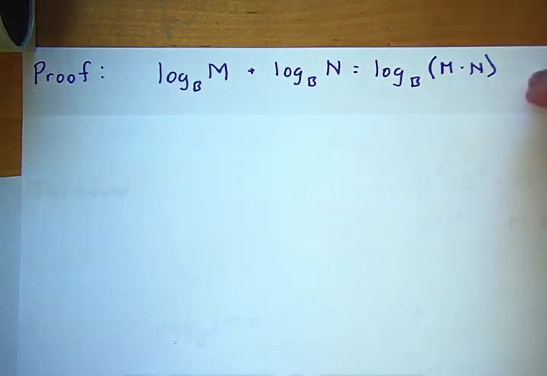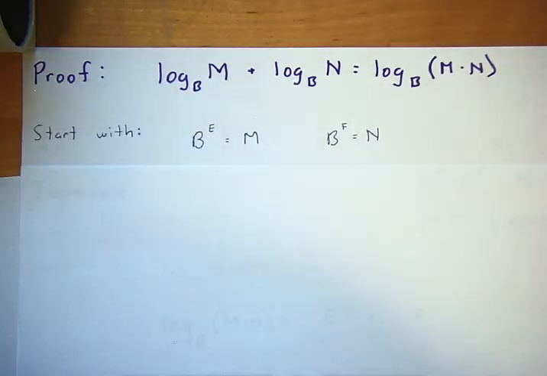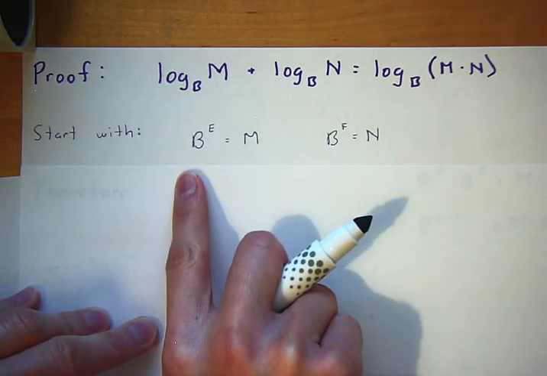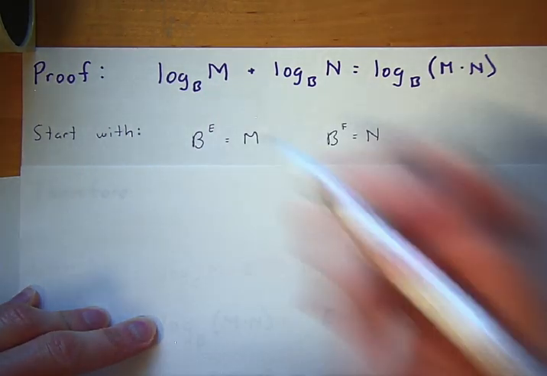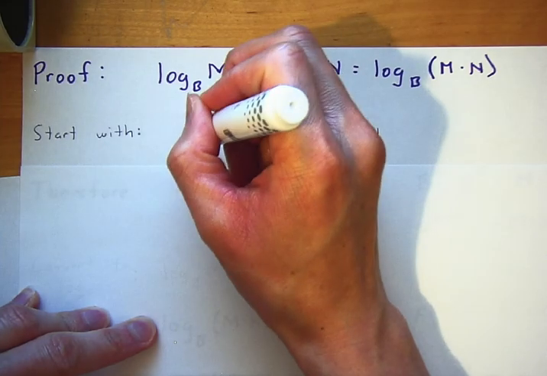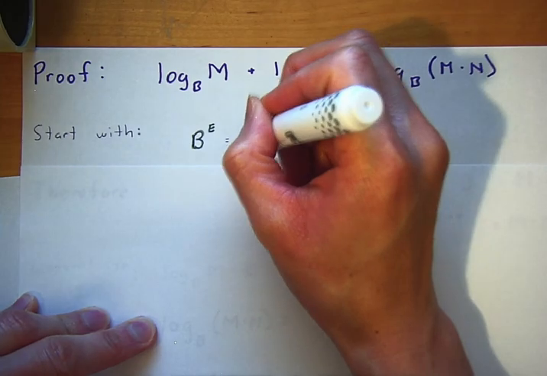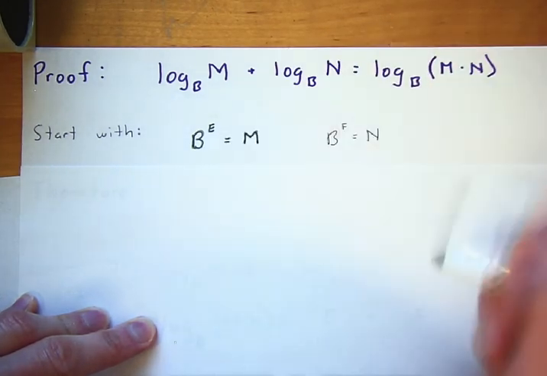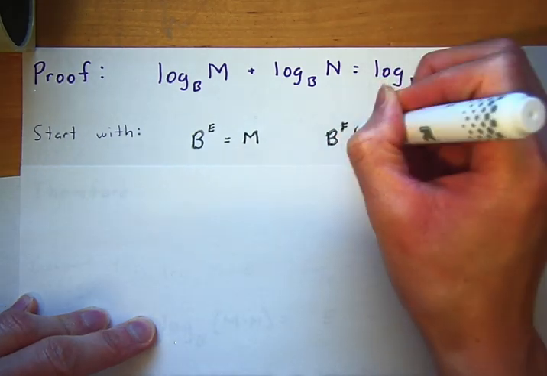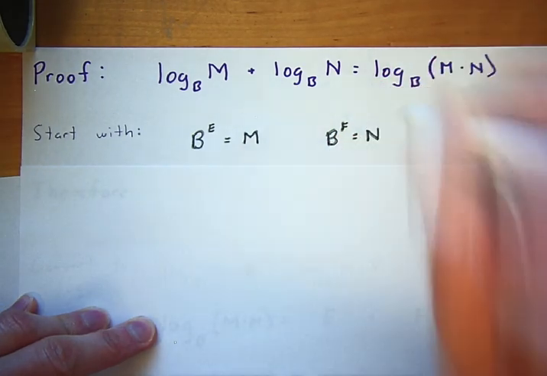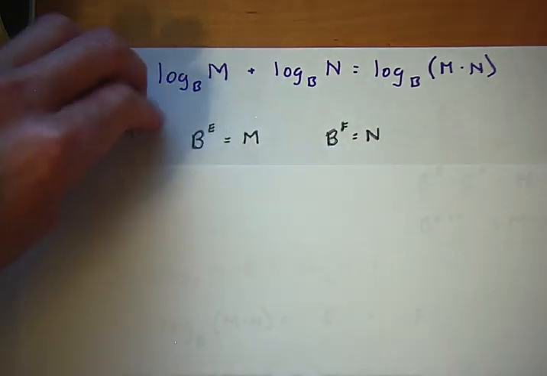Okay, and to start off, let's say that we have, here all the letters are just numbers. So b, m, n, they're all just numbers. So if you have some number b to exponent e is equal to m, and let's say you have that same base, but to some other number f, we're going to say that's equal to some number n. Okay, so starting with that, we're going to create